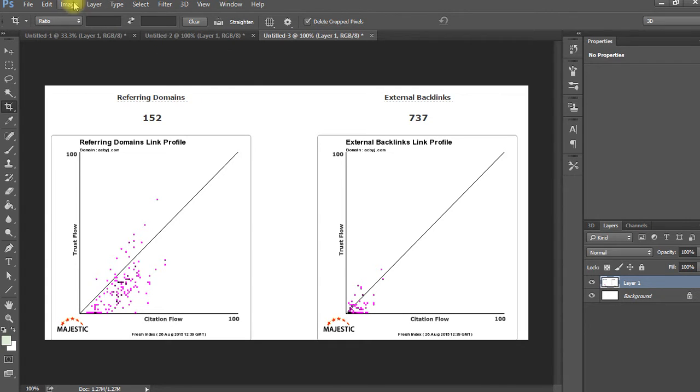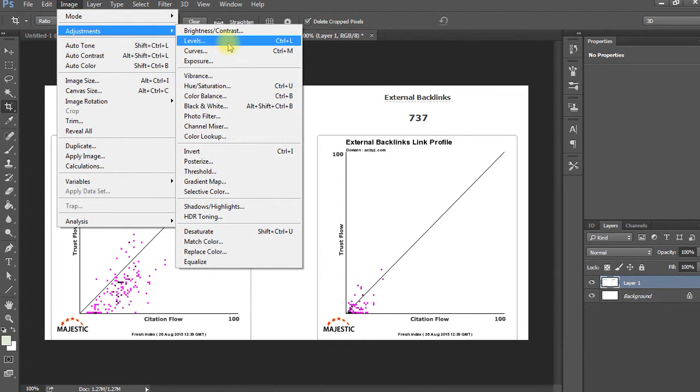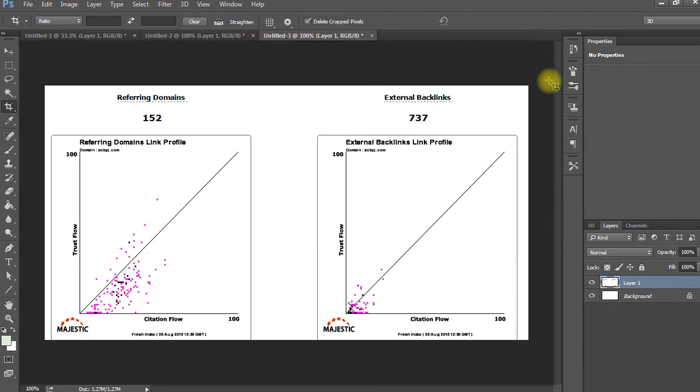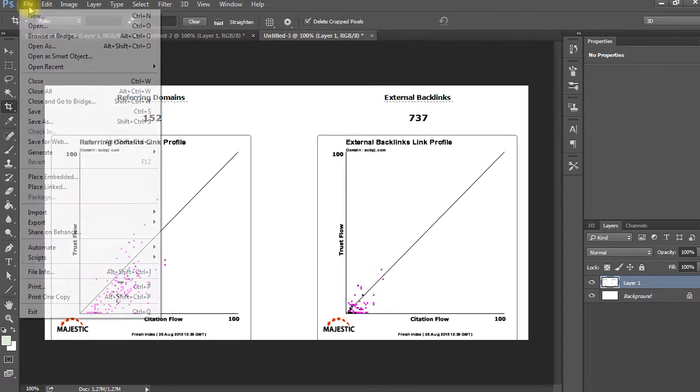And then we're going to go to the image adjustments, levels, of course, and we're going to go to 110. That really makes the text pop, especially when you're going to copy it in from another source and paste it into a dashboard. You want to have that image resolution pretty crisp. That looks good. We'll do a file,